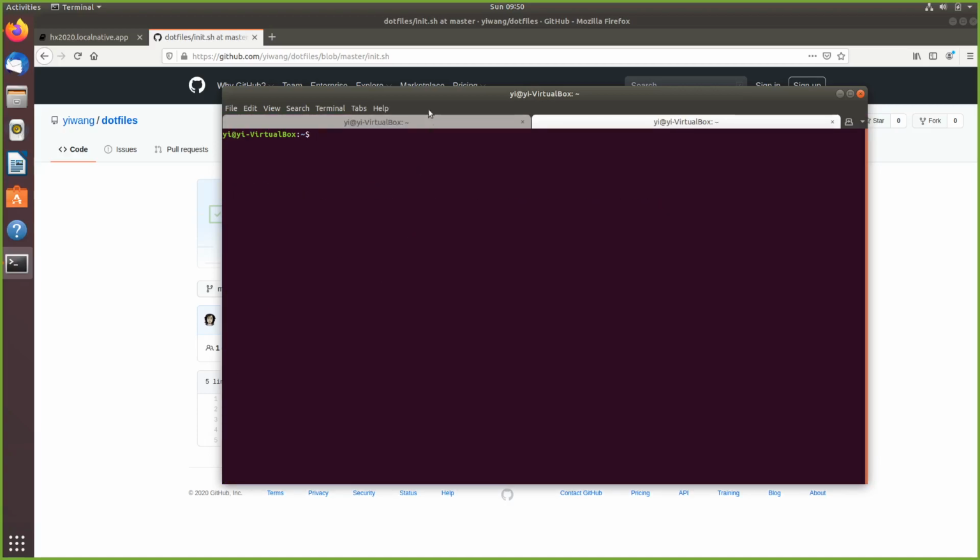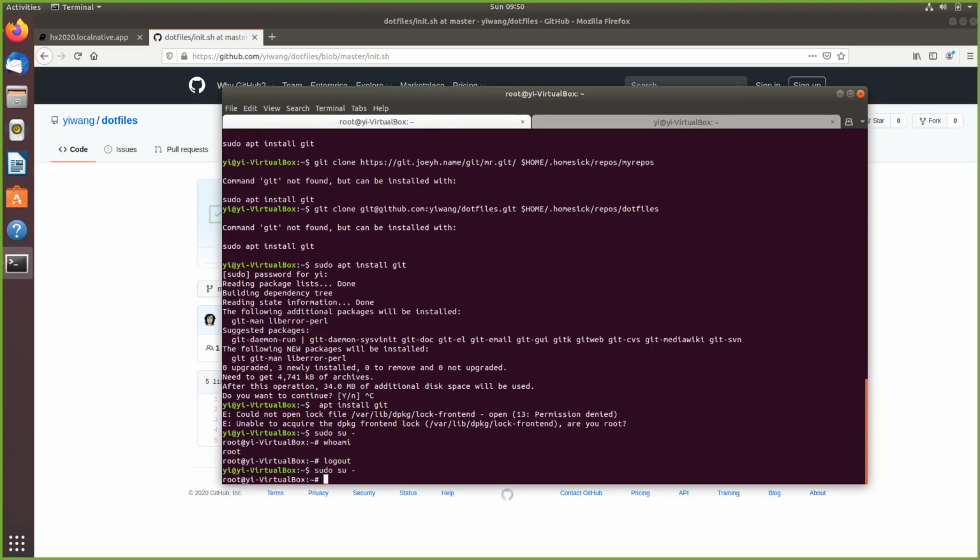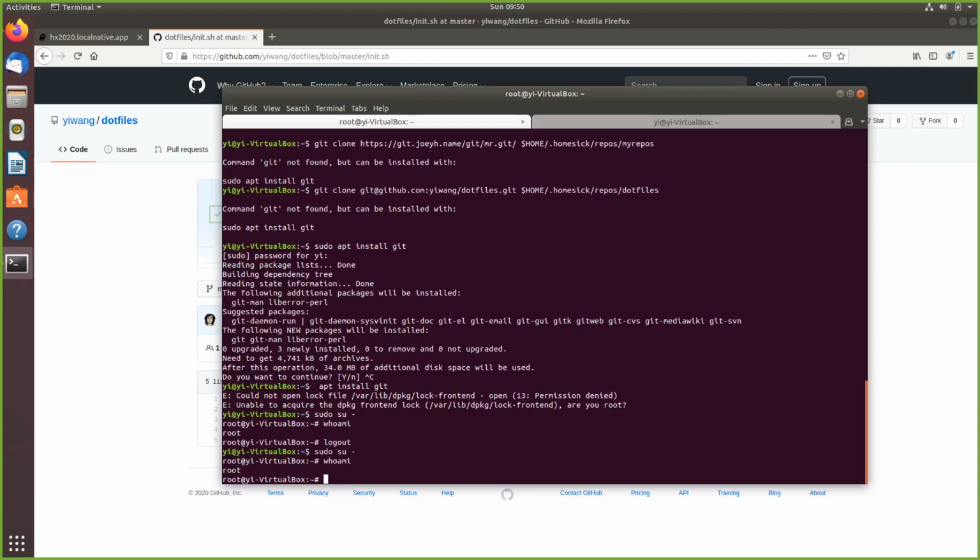So then open another tab. Here you see whoami is E, but after we use sudo, it's root. You also see the prompt change a little bit. It's become a hash sign. So here, if we run